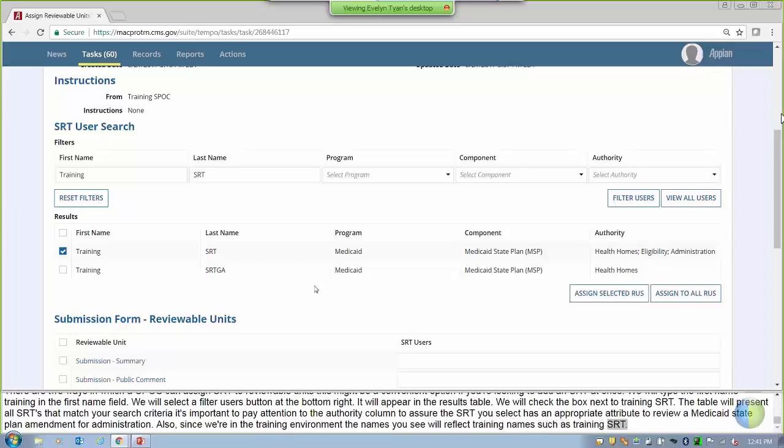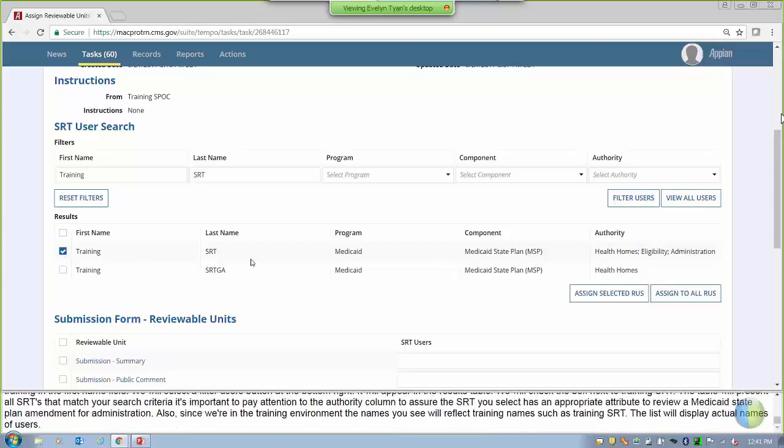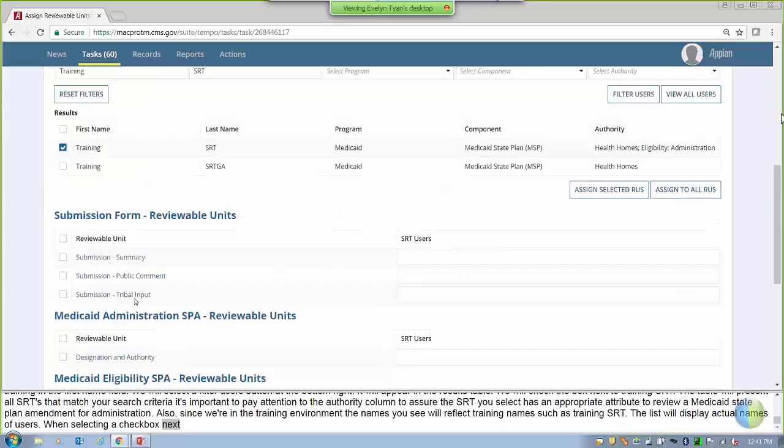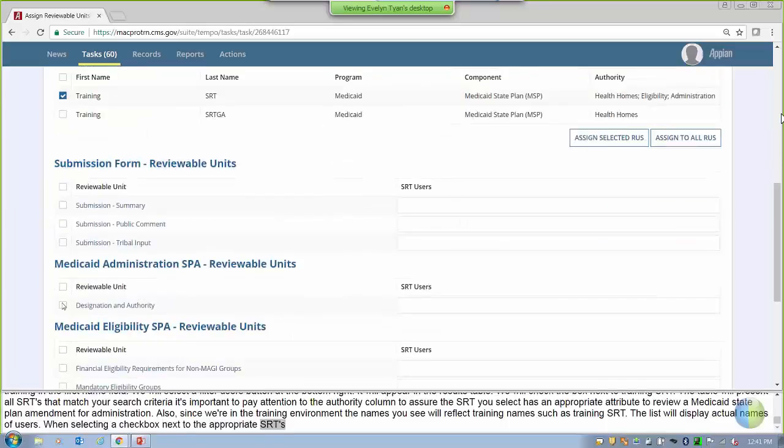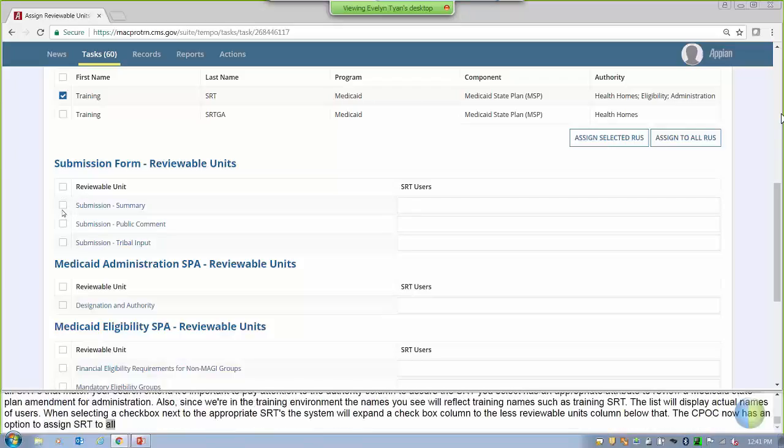When selecting a checkbox next to the appropriate SRTs from the SRT results table, the system will expand a checkbox column to the left of the reviewable units table below that. The CPOC now has the option to assign the SRT to all RUs at once, or select specific RUs to add the SRT to. If we check the box next to the Submission Summary RU, and then select the Assign to Selected RUs button,